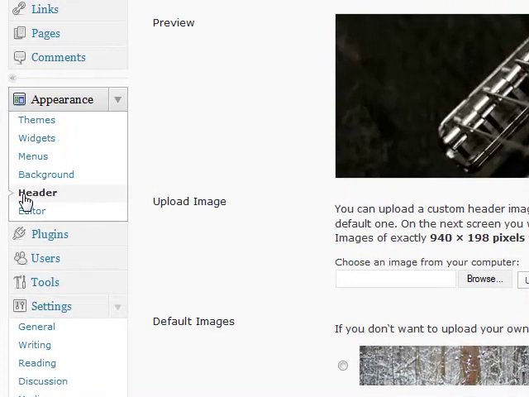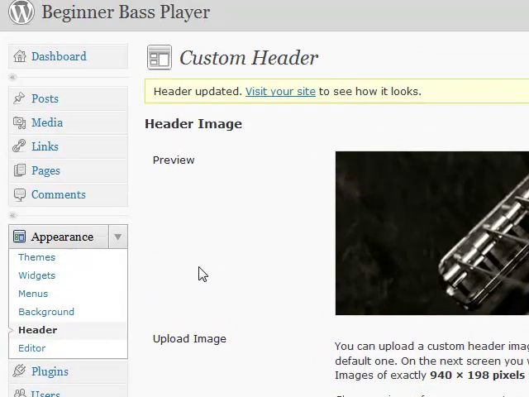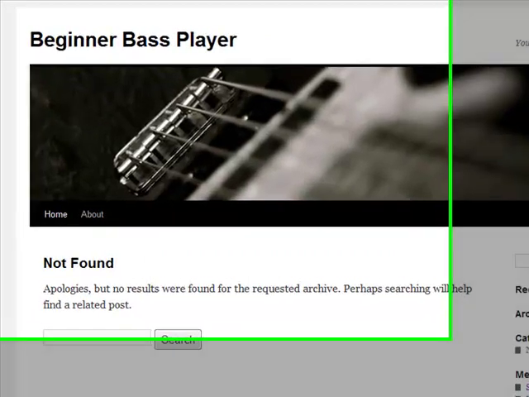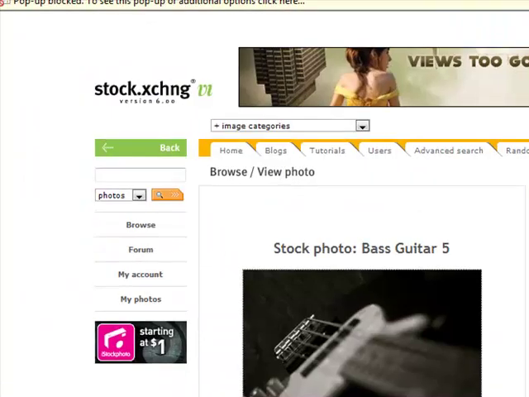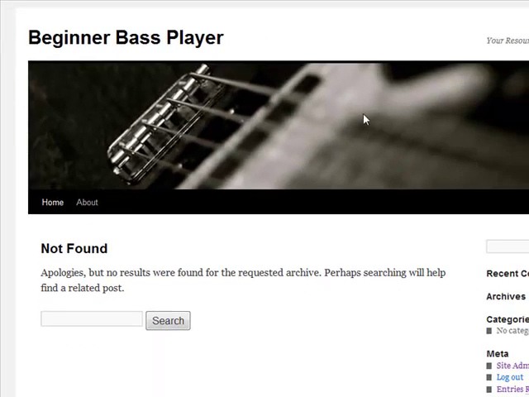We just updated the header. We just changed the header, and we're working with the default theme that comes with WordPress. Here's the new image. We got this image off of the stock exchange, which you can find at sxc.hu, and so it's coming along pretty good. The default theme is really nice. It's very flexible. That comes with WordPress. I just added this image I got for free off of Stock Exchange,